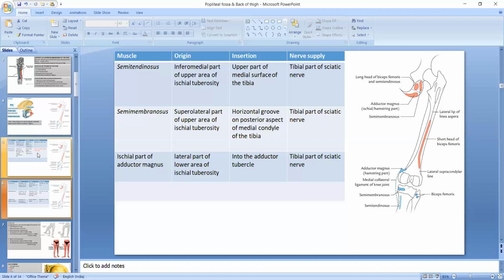And another thing that can happen is the avulsion fracture of the ischial tuberosity. An avulsion fracture happens when a fragment of bone breaks away from the main body of the bone. In an avulsion fracture of the ischial tuberosity, the hamstring tendons tear off a piece of the ischial tuberosity.